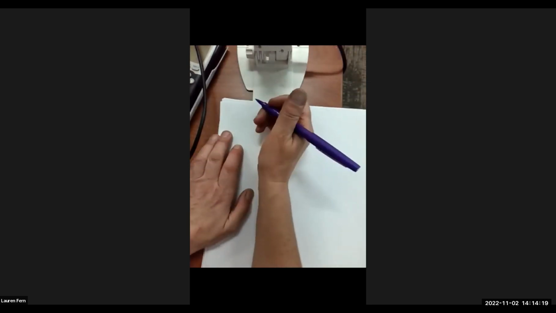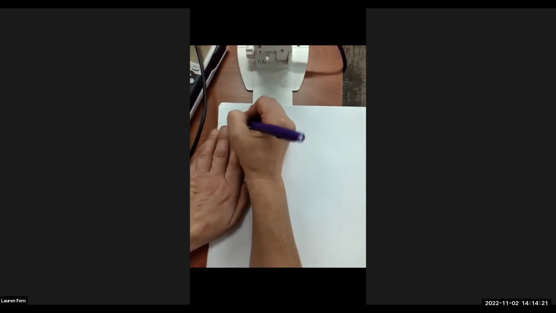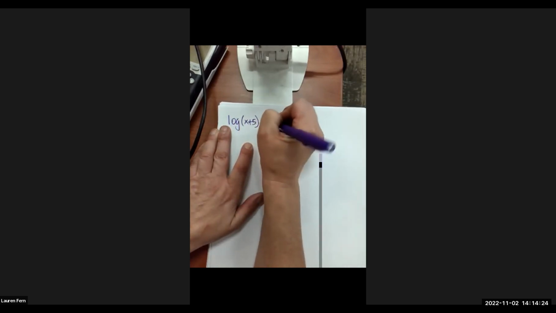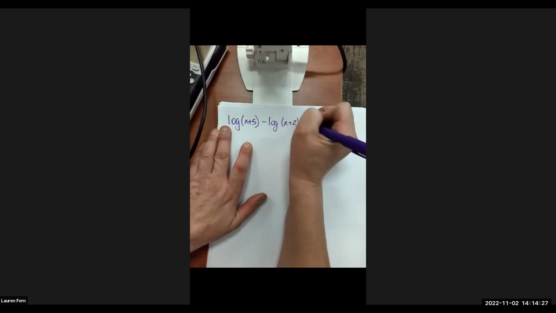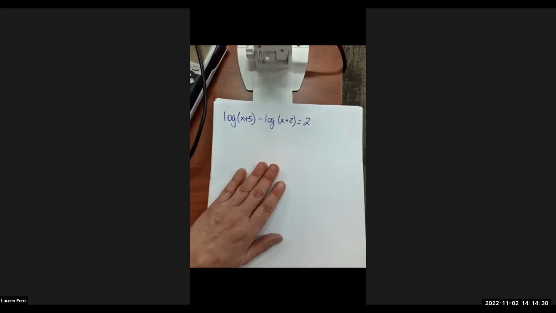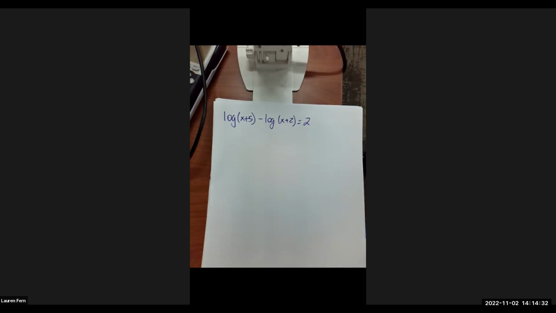Now we can make use of some things we did on Monday. What if I want to solve this? Log of x plus 5 minus the log of x plus 2 equals 2. Well, we know when we have logs and we want to solve things that we change it to equivalent exponential form. Thing is, we got 2 logs. So using those properties that we talked about on Monday, last time,